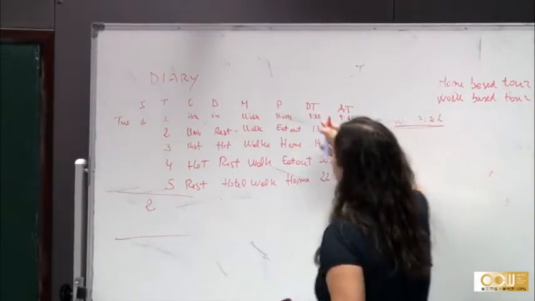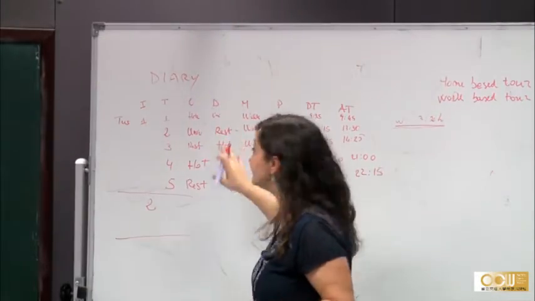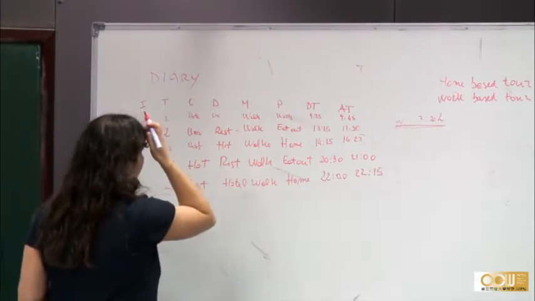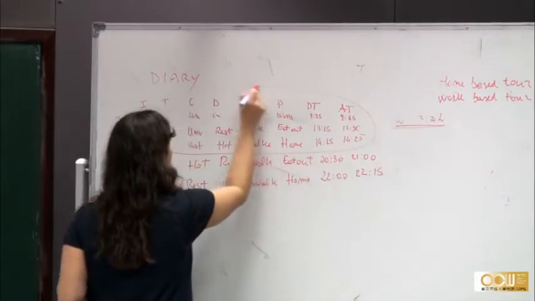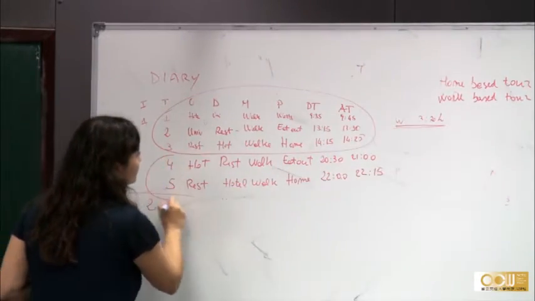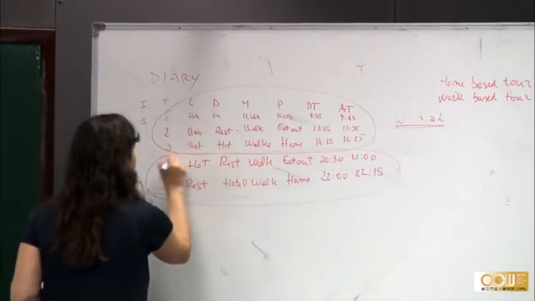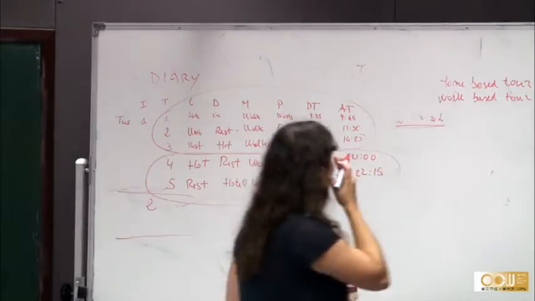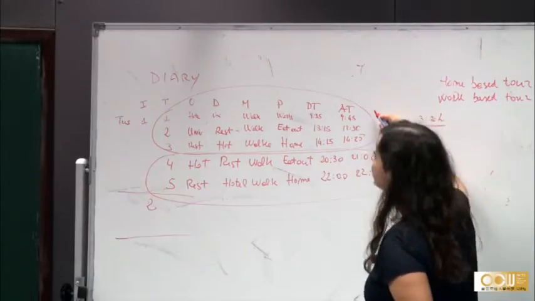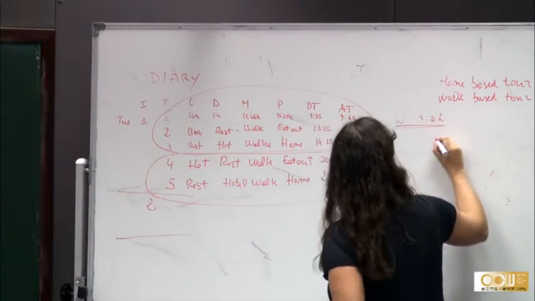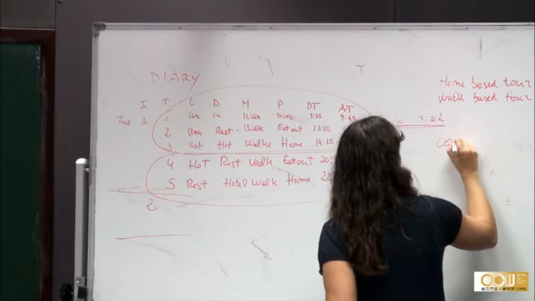In this case, I just have home-based tours, right? So I have a first tour here, and a second tour here. In particular, this is my commute, so I have a commute tour,